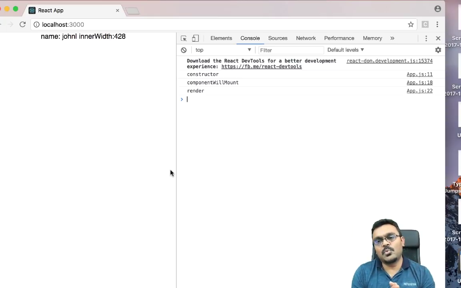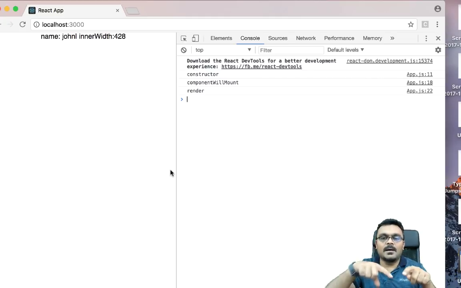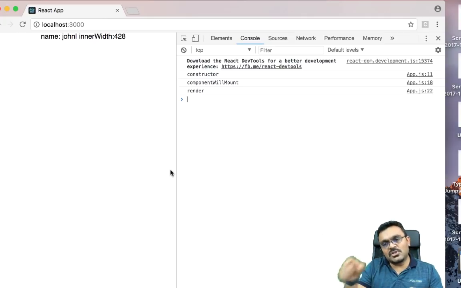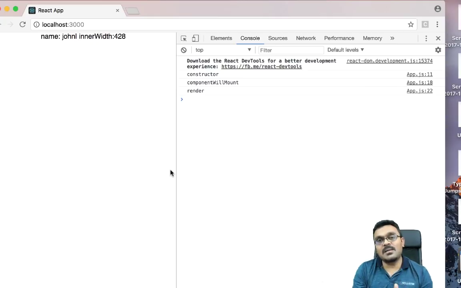And also another important thing to notice is, let's say your component has a child component, and it can have its own children and a tree of components, right? So when you do a render, it would go through the cycle of building each subcomponent, and each child component would go through constructor, componentWillMount, render, from top to bottom all the way before your parent component finishes rendering. So that brings us to our next hook called